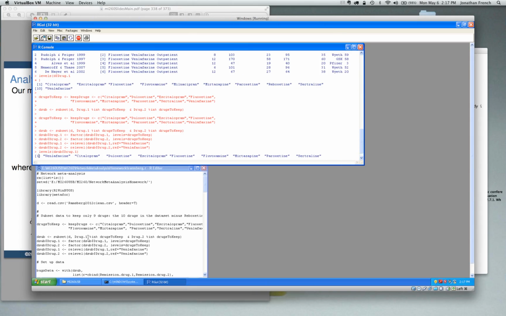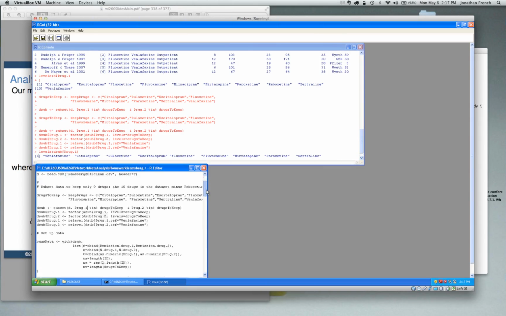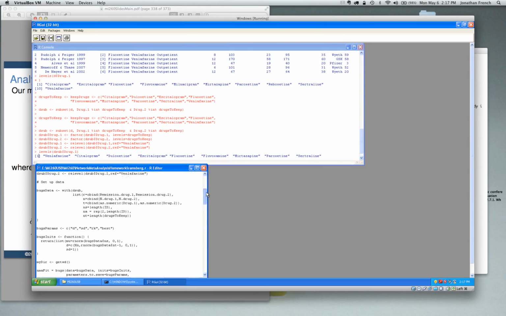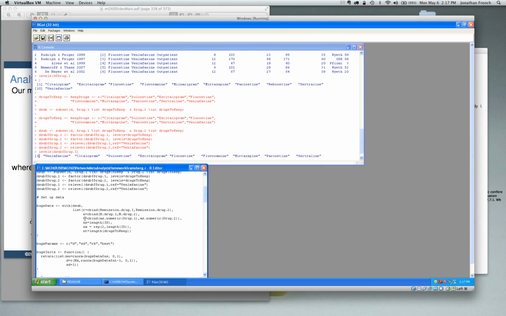The way that we'll create our matrix of numeric treatment indicators, the matrix T, is we'll just convert the factors into numerics. If you remember in R, when we convert a factor to numeric, what we get is the number corresponding to that factor level. So venlafaxine will be 1, citalopram will be 2, duloxetine will be 3, and so on. So when we set up our BUGS data,